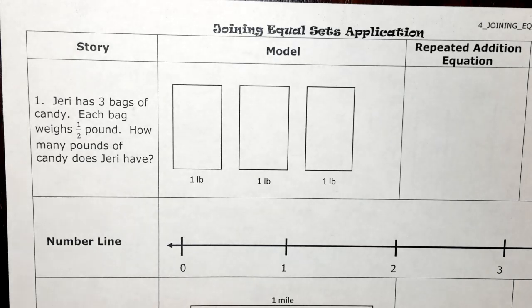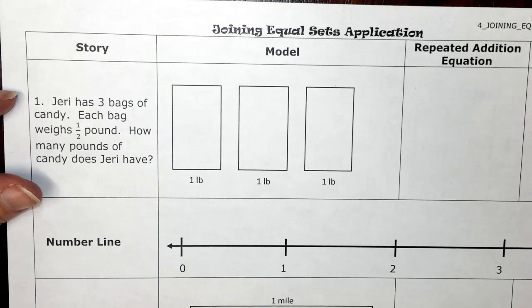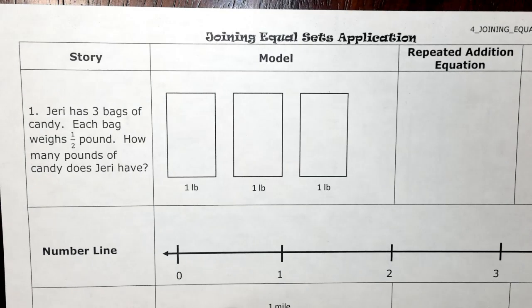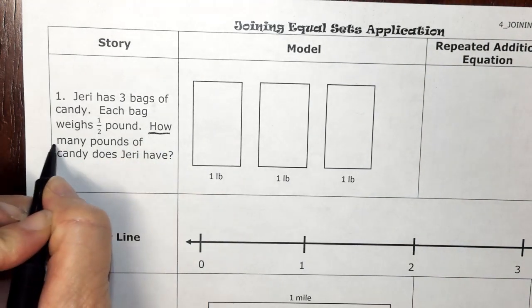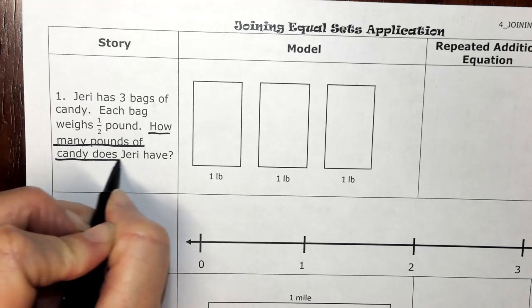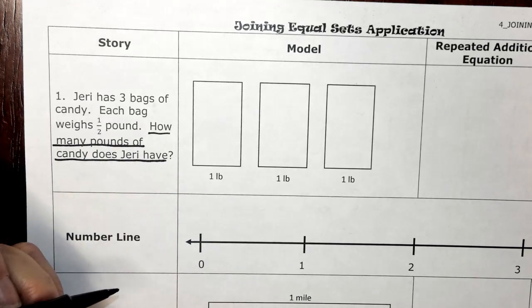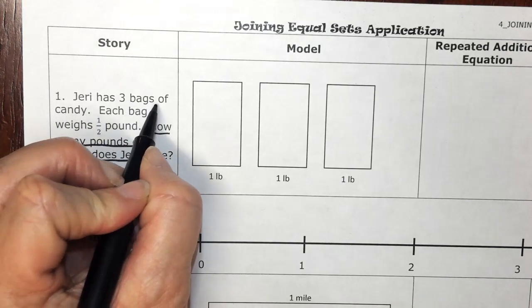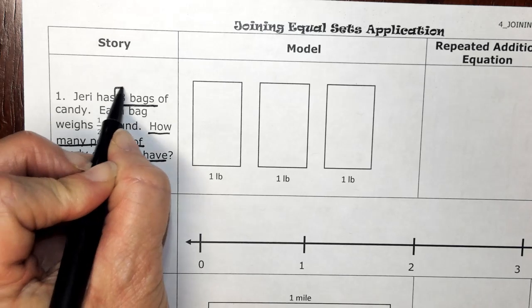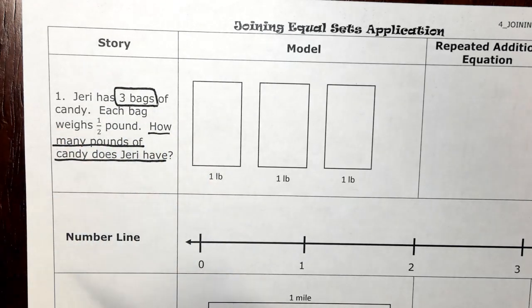So Jerry is story number 1. Jerry had 3 bags of candy, and each bag weighs 1/2 pound. How many pounds of candy does Jerry have? So we're wanting to know how many pounds of candy Jerry has, and in order to figure that out, we need to know first that she has 3 bags. So I want you to box that in. 3 bags,